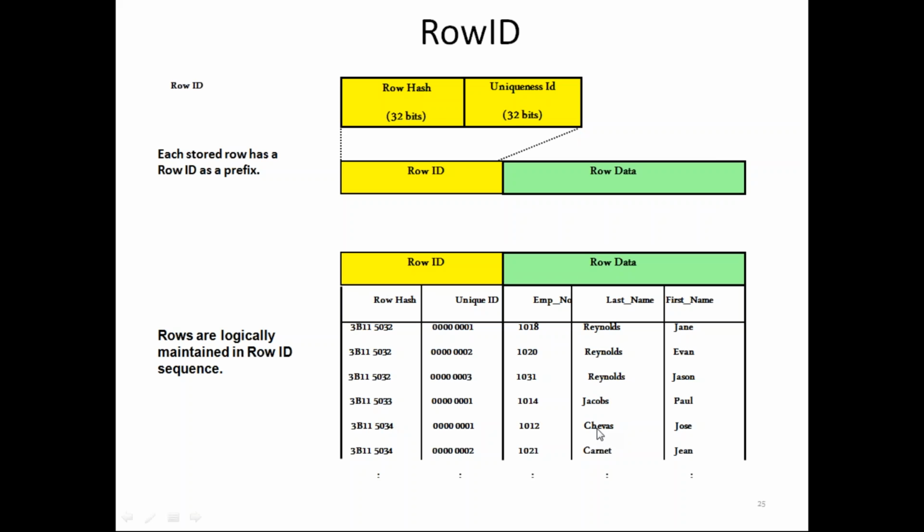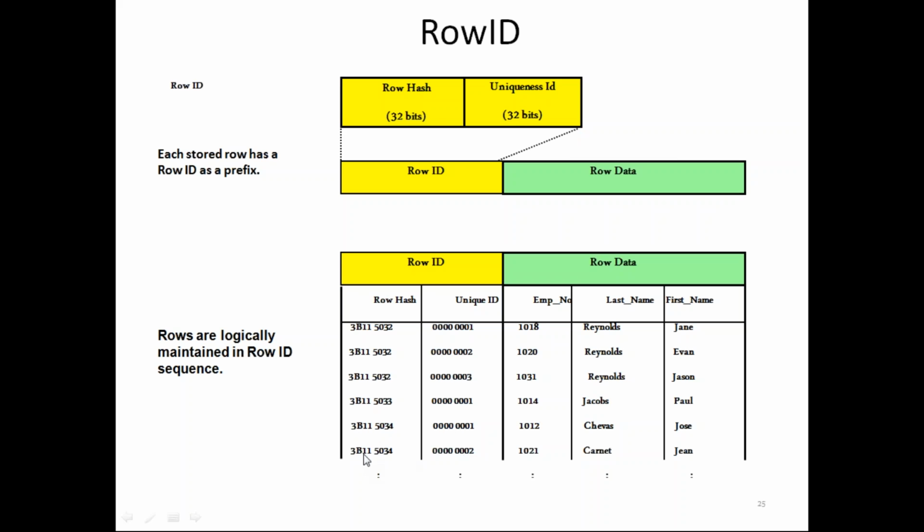Here we have 2 different index values, but the same hash value because of hash synonyms. This is an example of a hash synonym. You can see we have different index values, but still the same row hash value generated because of the hash synonyms. In the hash synonym case also, the first record with the hash value has uniqueness ID 1, and when it is regenerated the second time, the uniqueness ID is 2.